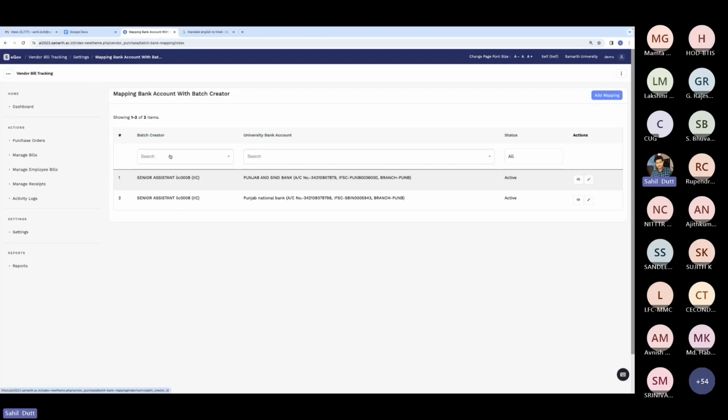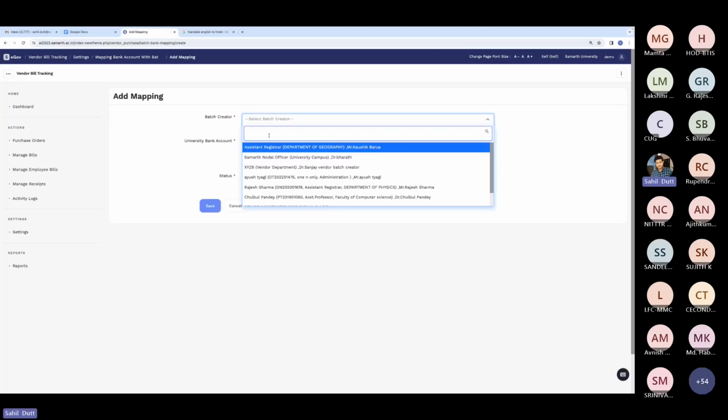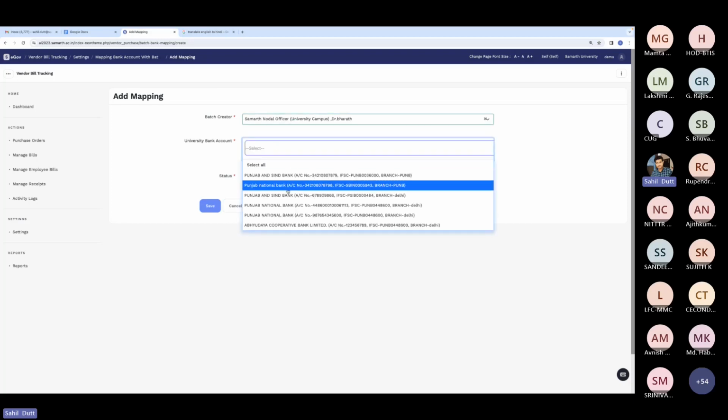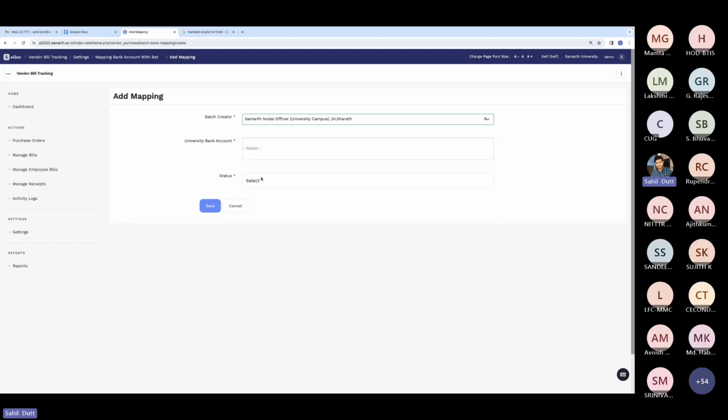So by this way we will be able to map the bank account with the batch creator. You can see that the user with the batch creator role will be visible here by selecting the username, the user account, the university bank account or higher education institution bank account, and the status. After this mapping, that batch creator will be able to see that account and use it for the payments or to record the payments. The batch creator will also be able to check the cash book and reconcile it. Receipts can also be taken by that batch creator,